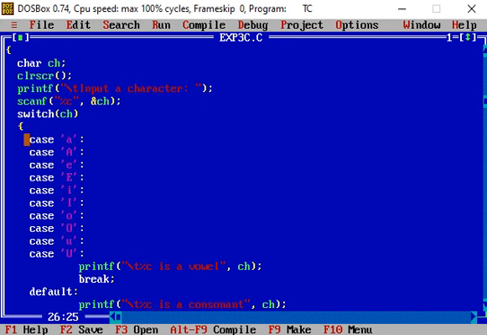As there are 5 vowels, if we enter any vowel, then one of the vowel cases listed here is going to be satisfied and output is displayed: printf %c is a vowel. What is the vowel? That value is printed at the %c format specifier.